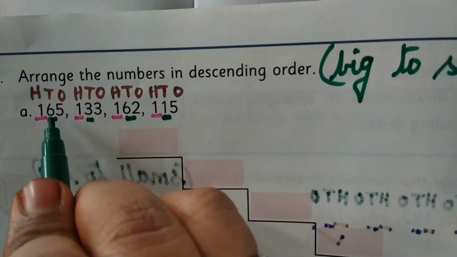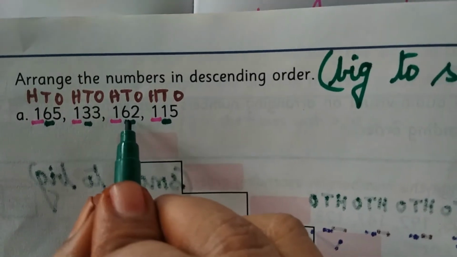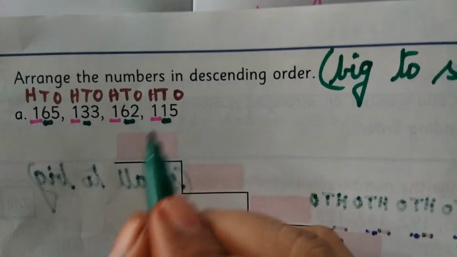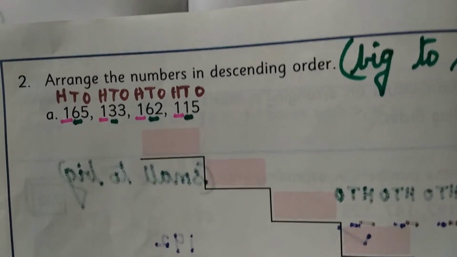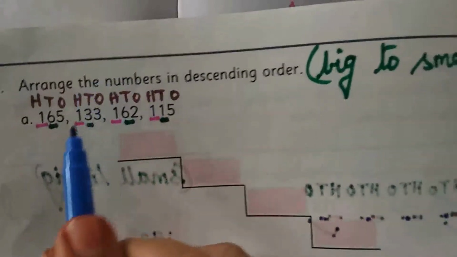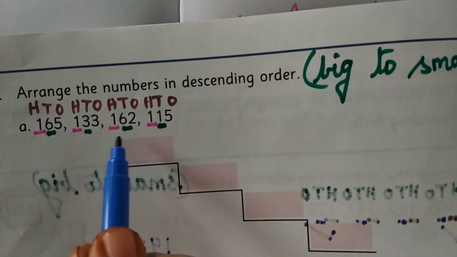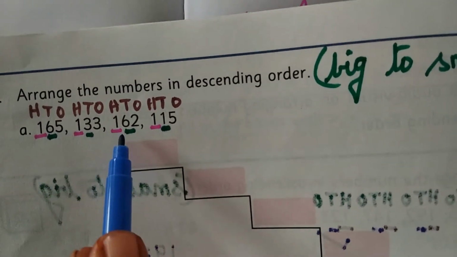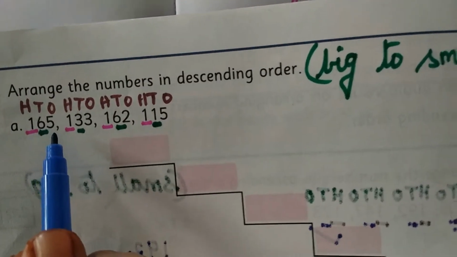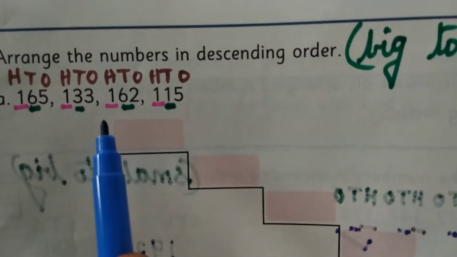See the first number 6 tens. We have here 3 tens. The third number 6 tens and the last number 1 tens. Okay. See, for these two numbers we have same tens. So for the first number and the third number we have same tens. Okay. So we cannot compare same 100, same tens. And next we will move to the ones place. Yes, very good. So ones place we will see.